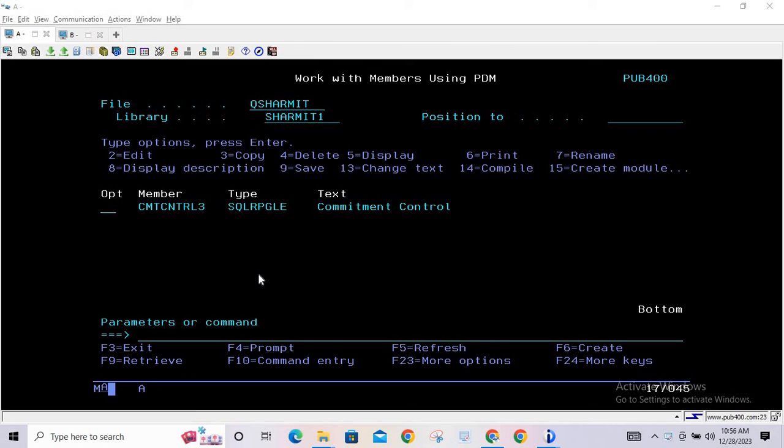In the first portion of commitment control, we discussed COMMIT equals *NONE. Then in the second session, we discussed COMMIT equals *CHG, and there we were using the EXEC SQL COMMIT. This time we are going to discuss rollback, how we can do rollback and what the uses of rollback are. Okay. But before discussing the program,